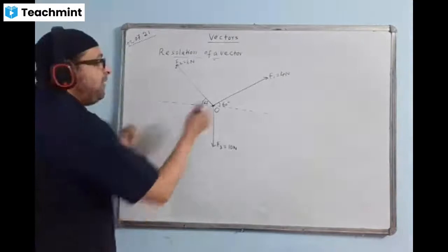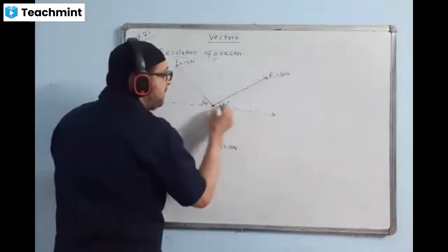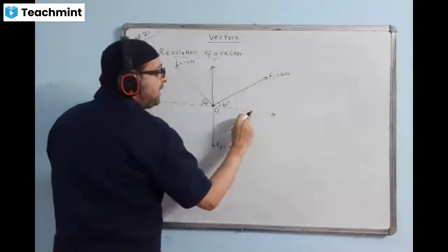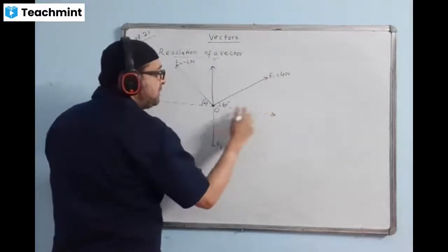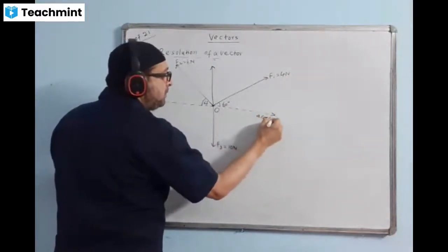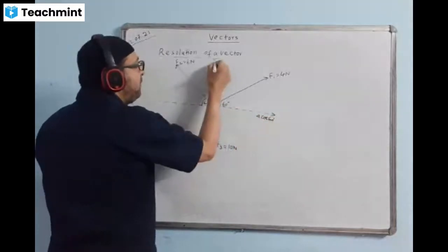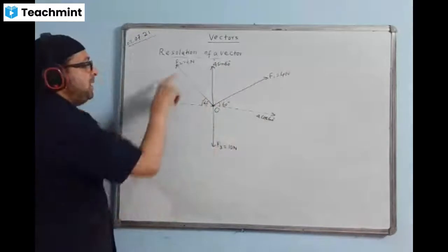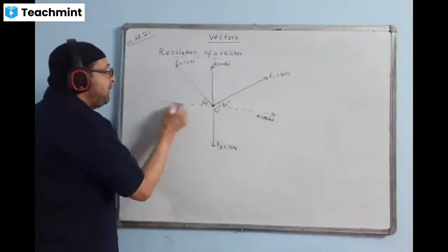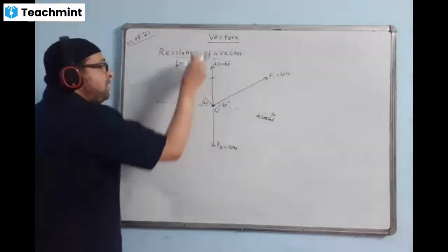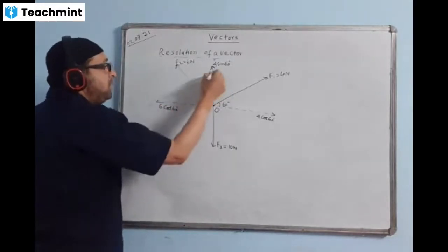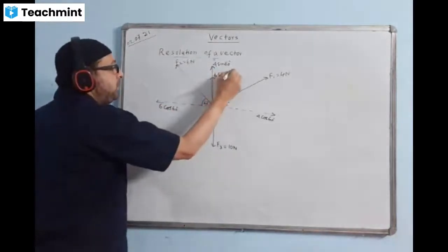Okay. Let us break F1 into two components. One component comes here, one component will be here. What is the value coming here? You can write the value directly: F1 cos 60, and this will come 4 sin 60. Same way, this is 6 Newton, I'll break it. One component here, one component here, coinciding with this one. So this will come 6 cos 60. This will come 6 sin 60.